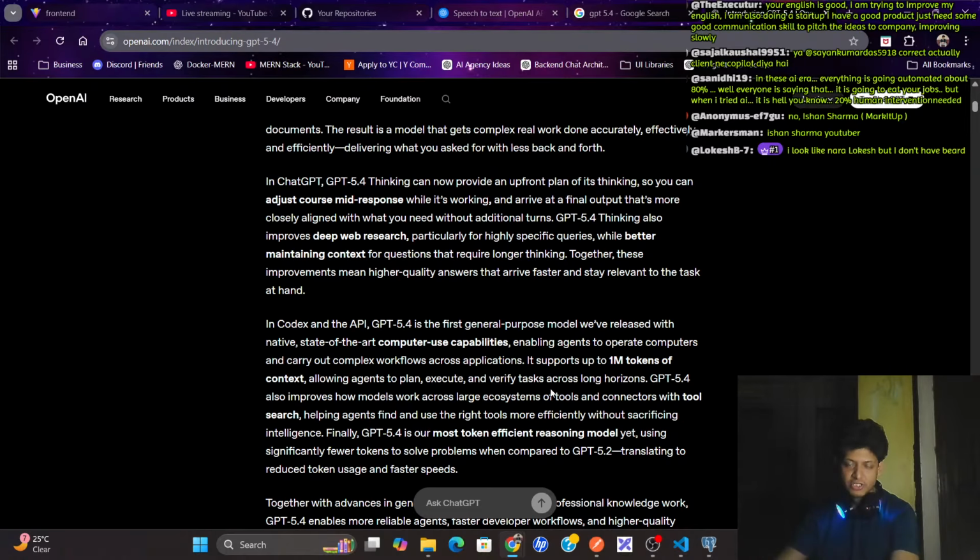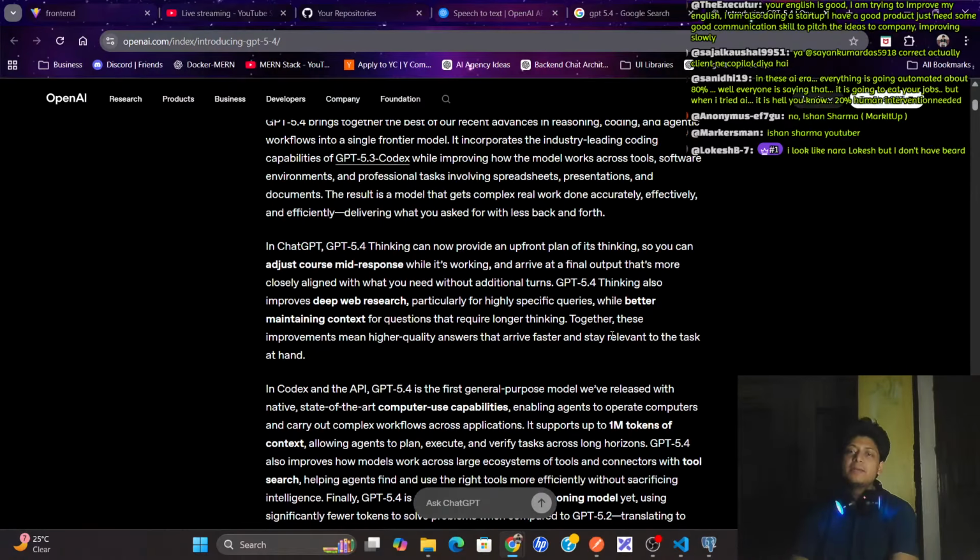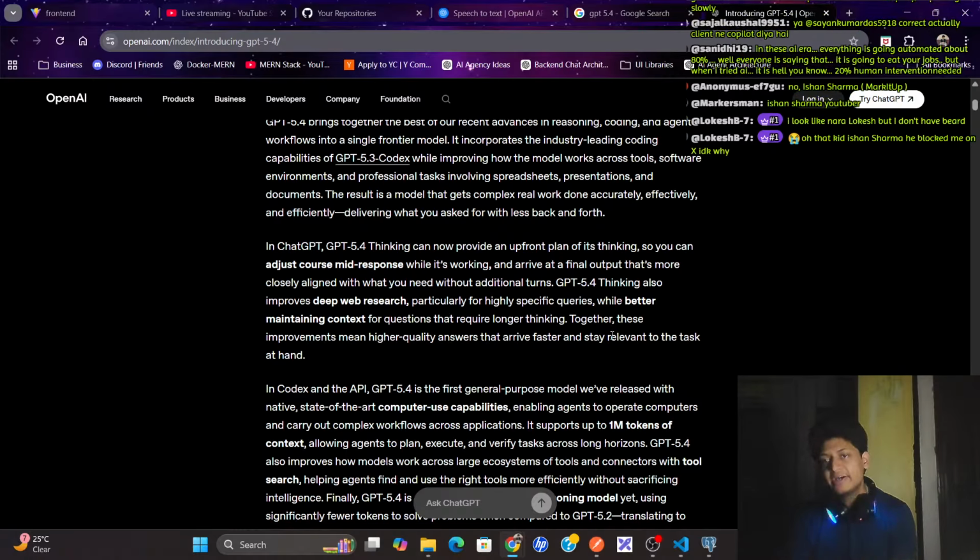They need human intervention. And in my opinion, companies are over-hyping this AI thing because I think they are hiding something. Maybe during 2020, during the lockdown phase, they hired so much that they don't need that many employees. So that's why they are firing people and saying that AI is coding this, AI is coding that. Maybe to hide that they hired so many people during lockdown and now don't need them, they are saying AI is taking jobs.